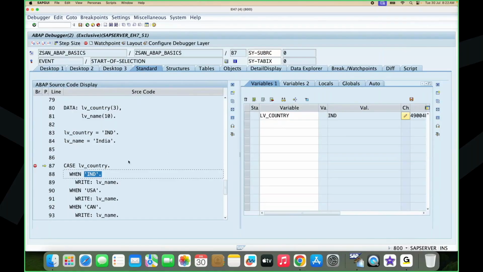Now in the data object, we have value as IND. So when it is IND, directly the when statement, whatever is written for IND, will trigger, and it will go and display the value, whatever is there inside of the LV name,